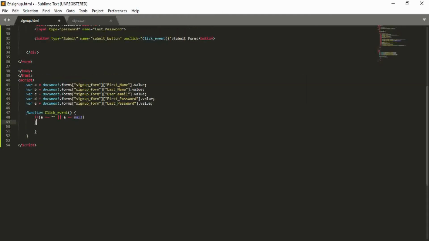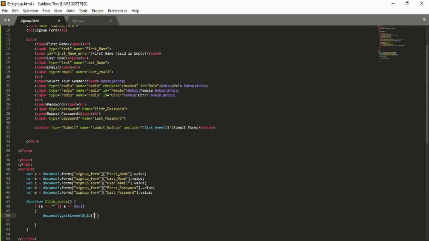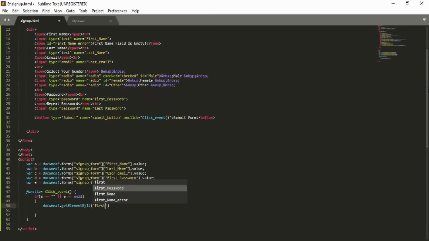Come here, and now the statement will be document.getElementById, like ID is first name error, dot style dot display is equal to block. Okay,